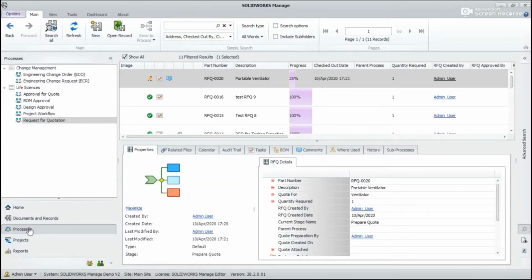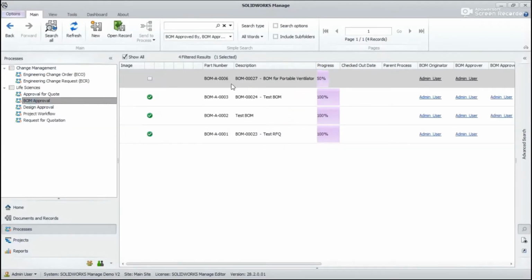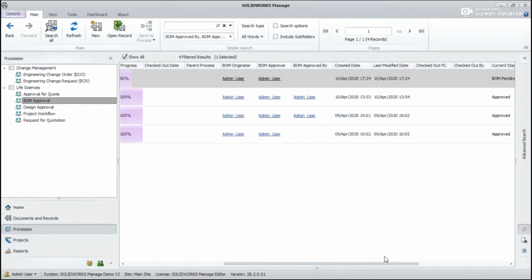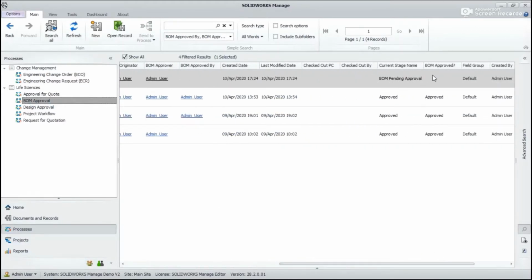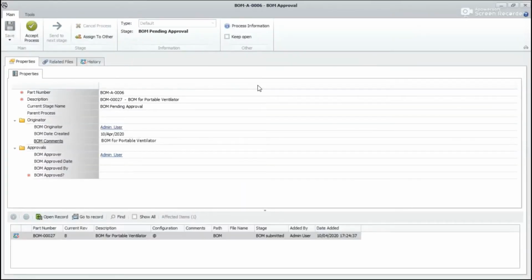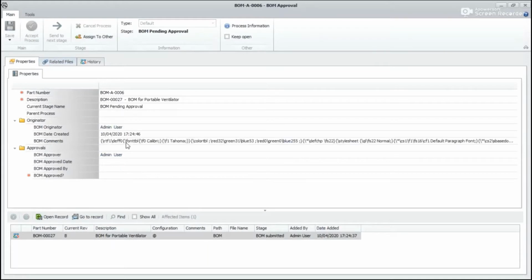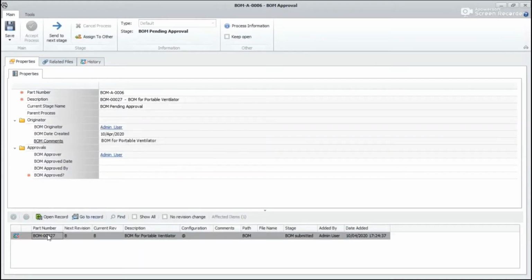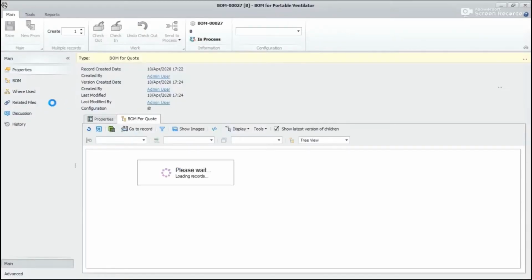So in order for the bill of material approver to approve, he will navigate to the processes page and select bill of material approval process. Here you can see the bill of material, and the bill of material is in pending for approval stage. So the bill of material approver will accept the process, open the related bill of material,